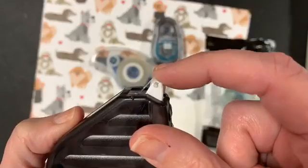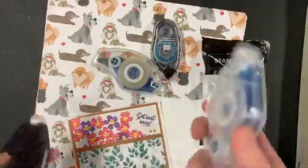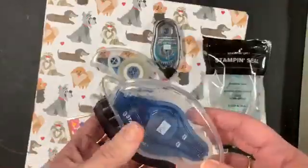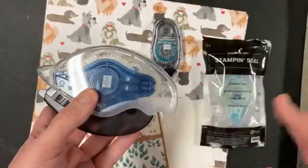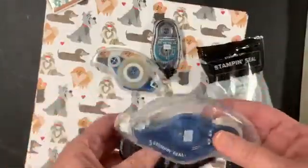So the tape sits on this roller, and the transfer tape would pull right off the dispenser. And some of that can still happen with this Stampin' Seal, but I played with it last night when we were on our Monday night meeting, which is fantastic, by the way. And I came up with some tips for you so that you don't get frustrated. But before we do that,